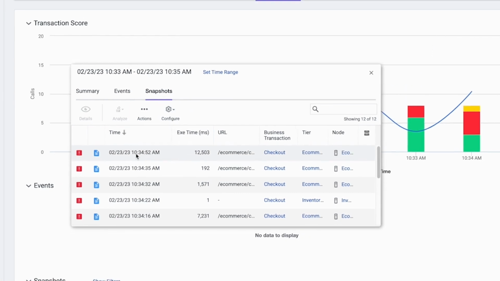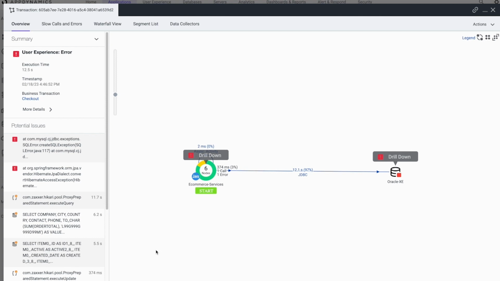the problem in context. A transaction flow map is displayed, showing the application components along with their health. This particular flow map shows that there are errors in the backend database, denoted by the red highlighting next to